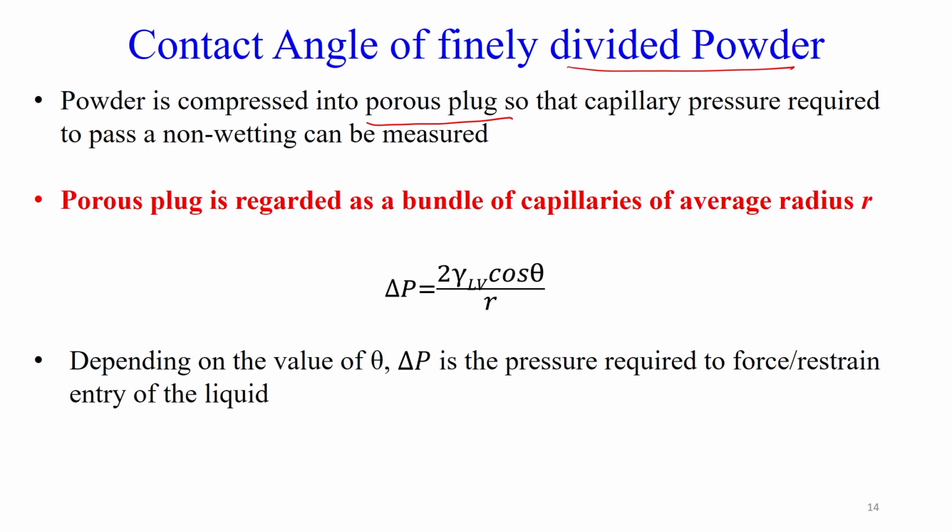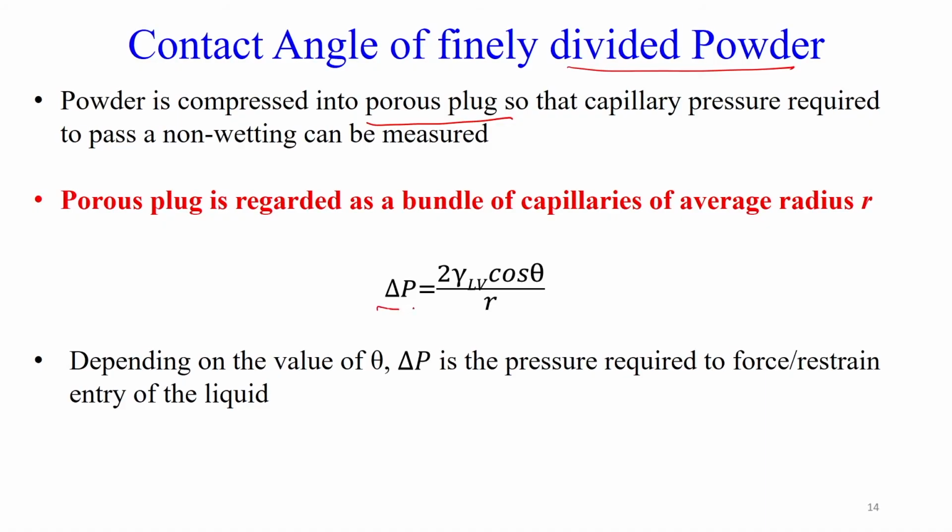So, it becomes like a capillary tube which is filled with fine powder. Now, if you have a capillary tube and you pass a liquid, we are going to observe the pressure drop delta P, and that pressure drop is related to the interfacial tension